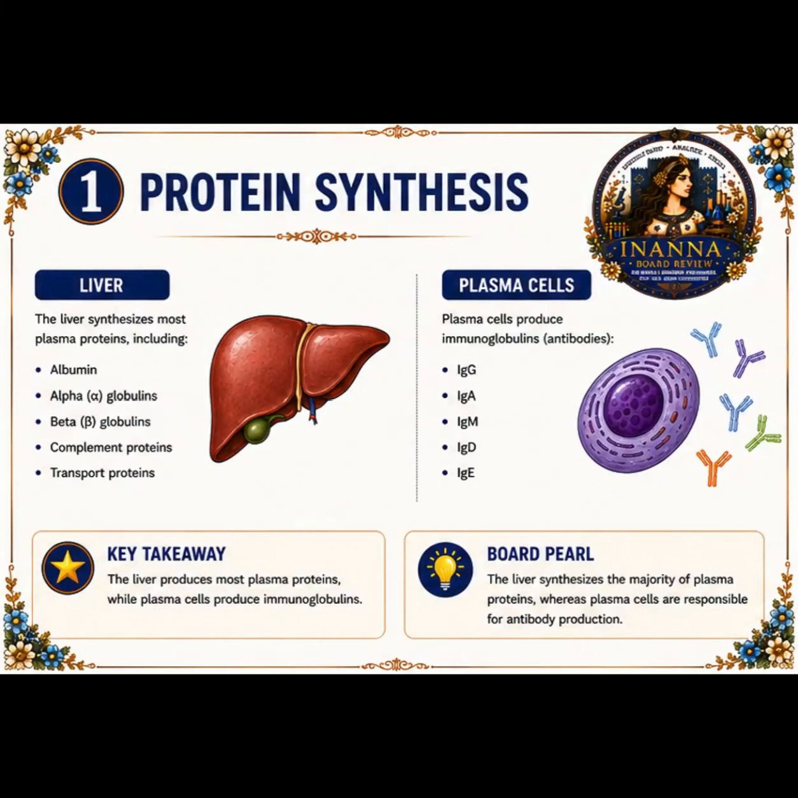Protein synthesis. Most plasma proteins are produced by the liver. This includes albumin, alpha globulins, beta globulins, complement proteins, and many transport proteins. Plasma cells, on the other hand, produce immunoglobulins, also known as antibodies. This is important because liver disorders usually affect albumin and many globulin fractions, while plasma cell disorders usually affect the